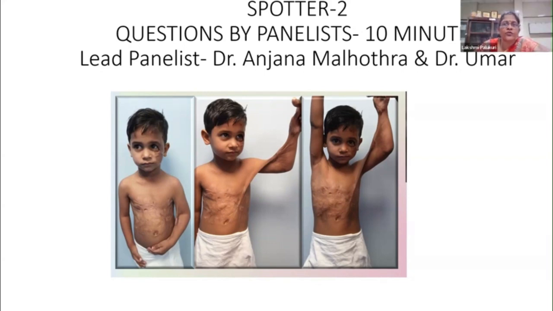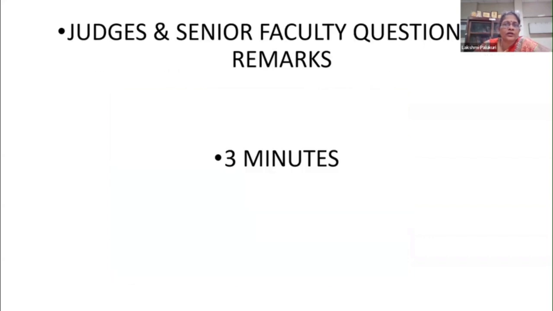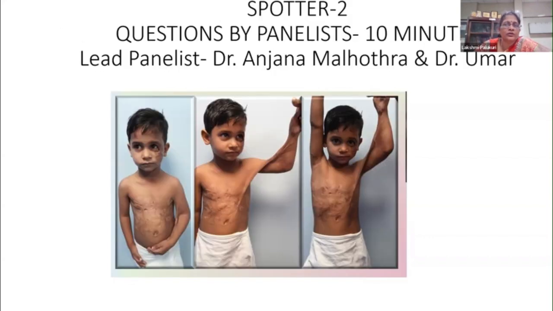If you feel the answer can be given a better way, you can ask. So ask the question. If team 1 doesn't answer satisfactorily to you, you can pass on to team 2. Okay. Which part of the body would you again want to examine? If you plan to release now the contracture of the elbow and axilla, do you want to examine something else in this child?